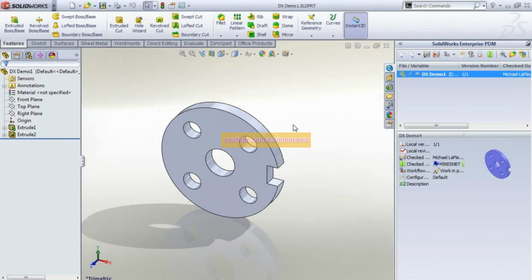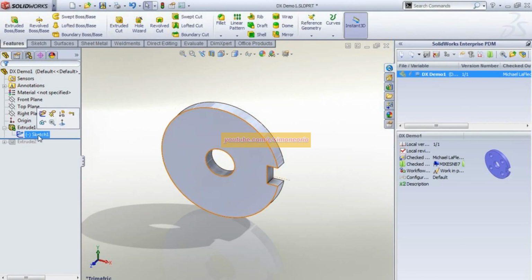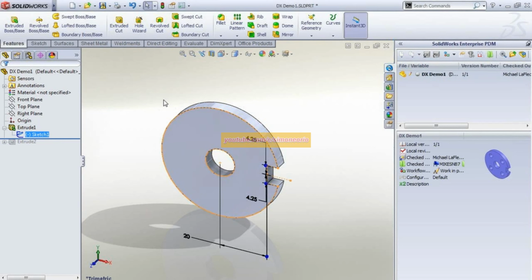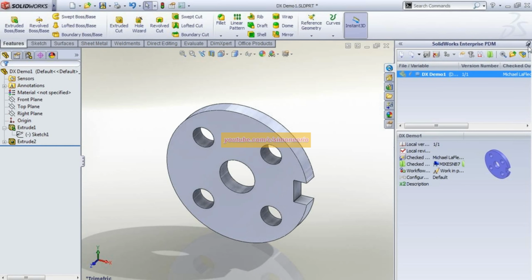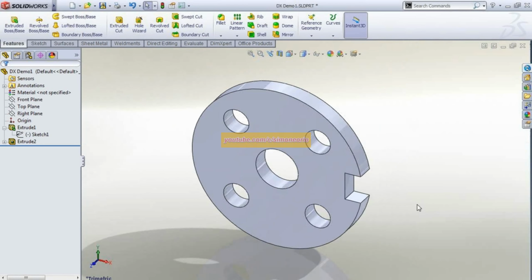Okay, so you'll notice how this part was designed. I have a two-feature model where I created a very quick sketch like so and extruded it, and the second feature extrude to like so. A pattern of 4 holes. I didn't use it as a pattern, but that's okay because DimExpert helps us apply the tolerances in the 3D model